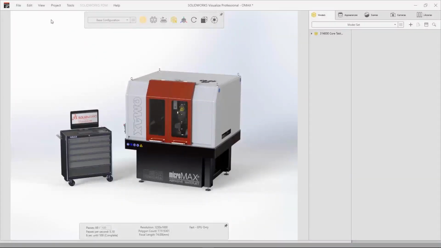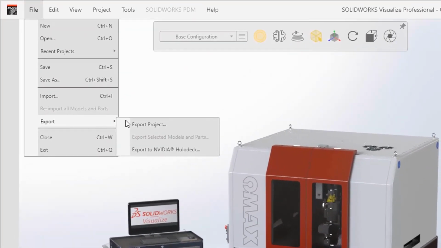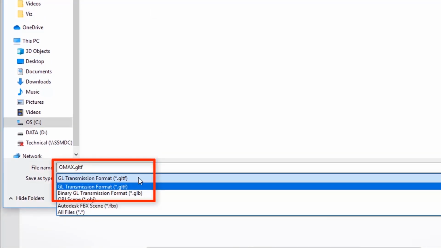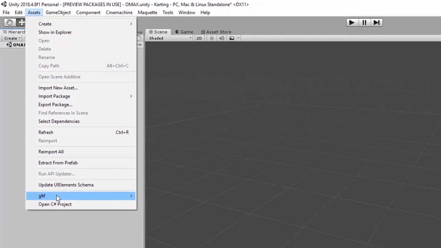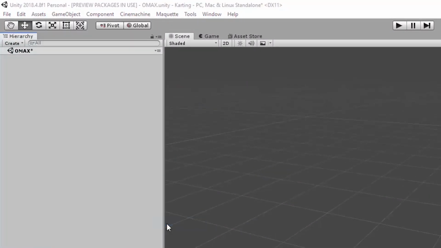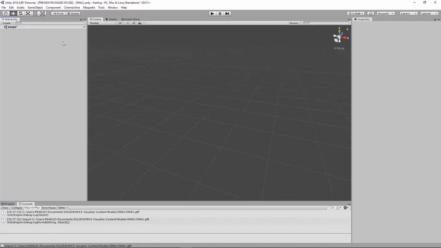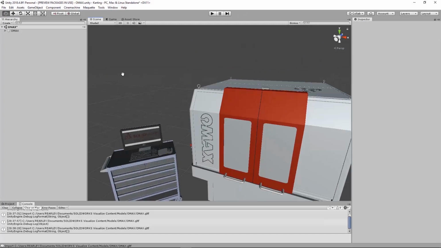So let's look at a little bit more of a completed workflow. So this is a file set used for the 2020 launch of SOLIDWORKS. And in Visualize, same workflow there, exporting the project out. In this case, we went for a GLTF file set, so it'll be the shattered version rather than the monolithic version. And now bring it into other things, such as in this case Unity. So import the assets, import that GLTF file, find the item, and bring it in. And from this point, I can take it wherever I wish to make my extended reality application, whether it be virtual, augmented, or mixed.